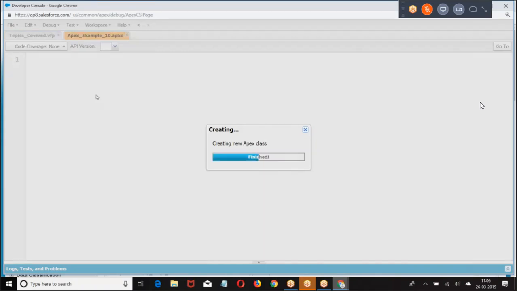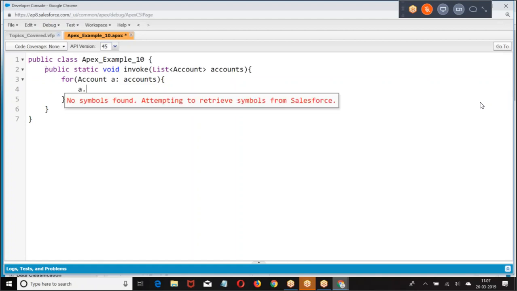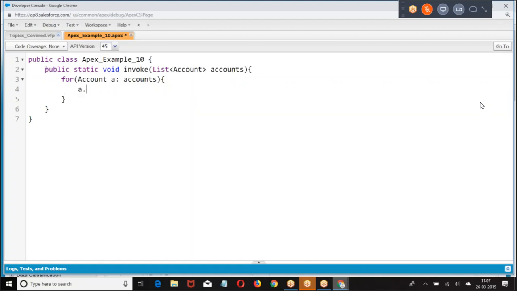Apex example 10. Public void invoke, list of account, a dot name, a dot ownership.